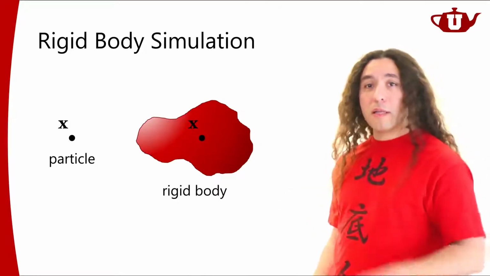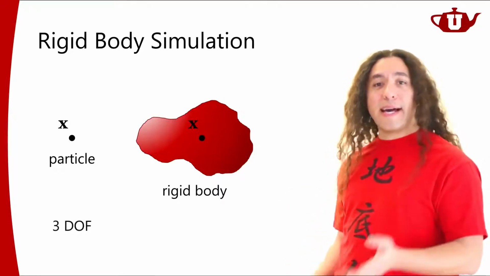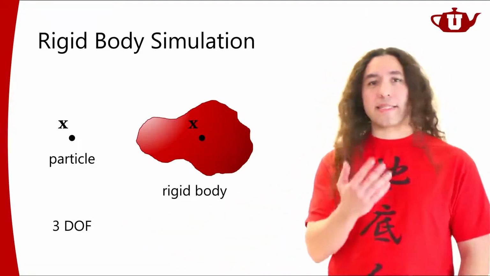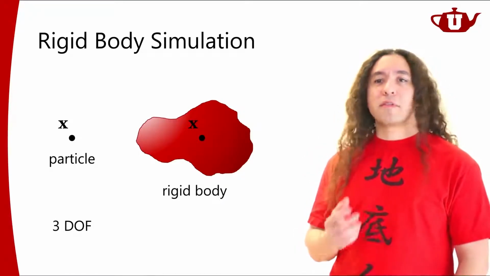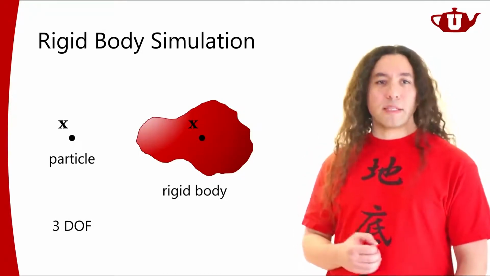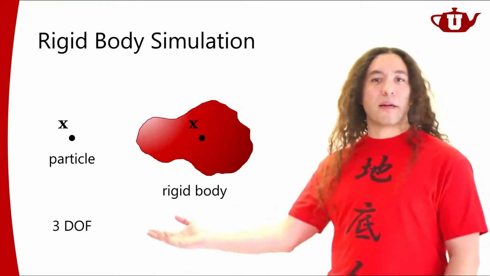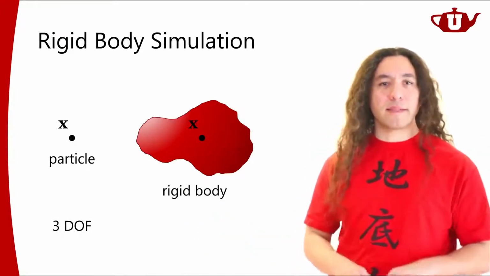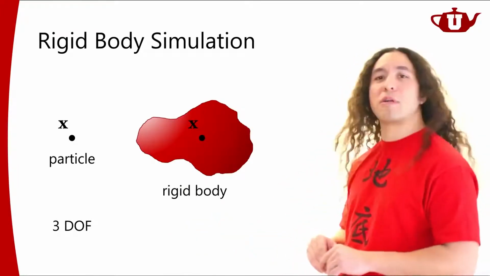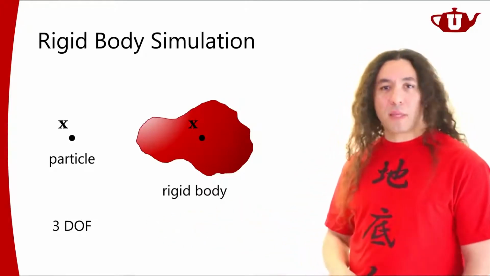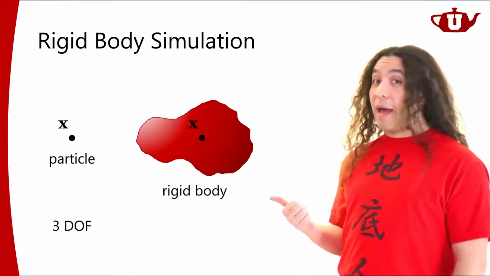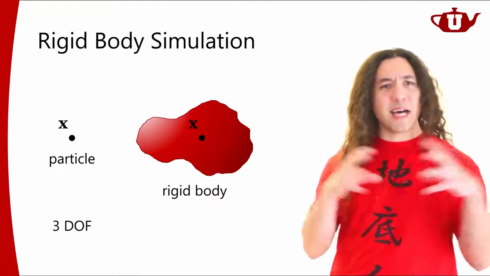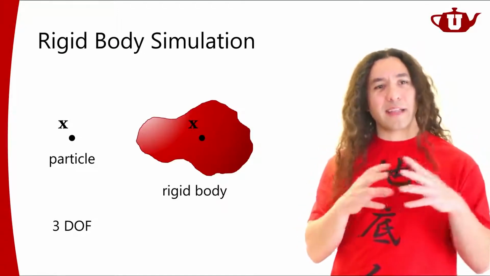For a particle, we only have its position. That means it only has 3 degrees of freedom. What are those 3 degrees of freedom? Its position in X, Y, Z. You can think about it that way. You can use a different sort of coordinate frame for this, but in 3D, a point particle will only have 3 degrees of freedom, however you represent it, whatever coordinate frame or representation you use. A rigid body is going to have position and also orientation, basically rotation. I'm assuming that it's not squishy. You cannot scale down the rock.